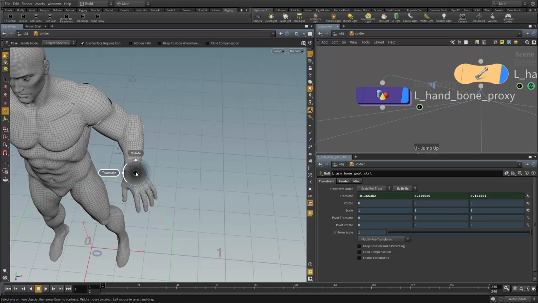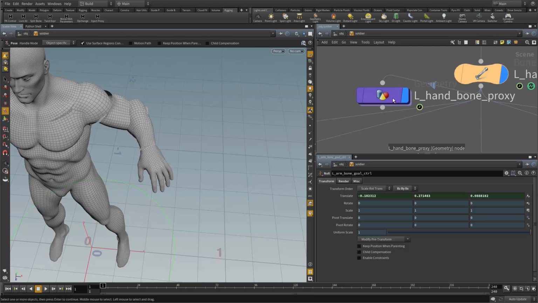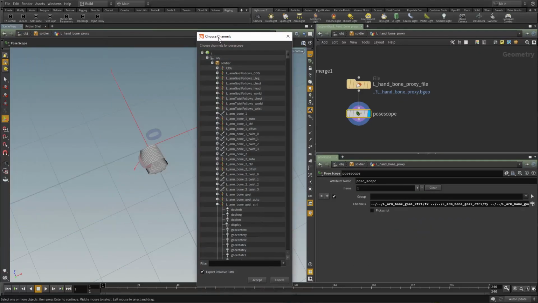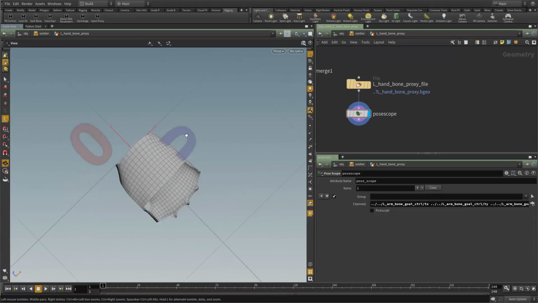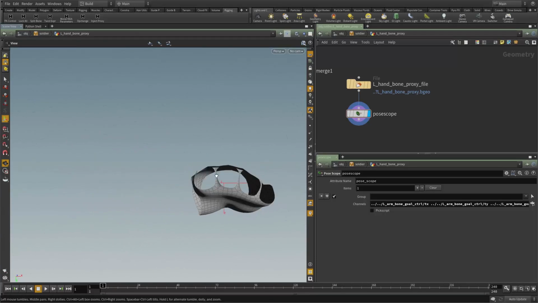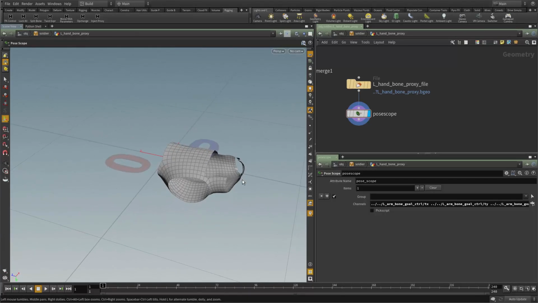You can have multiple types of controls, and the pose scope will automatically create this radial menu for you. So you could have dozens of different things going on in here, depending on what you want. And again, you just add them with the Choose Channels dialog, and they go right into there. And if you didn't want all of this geometry to be active, like right now, this entire piece of geometry